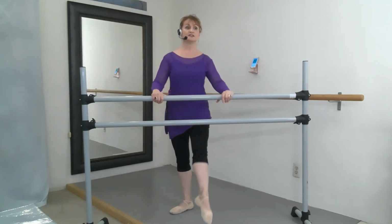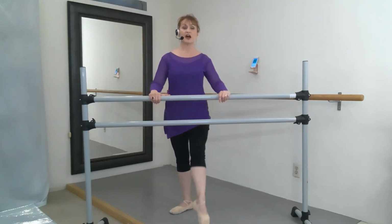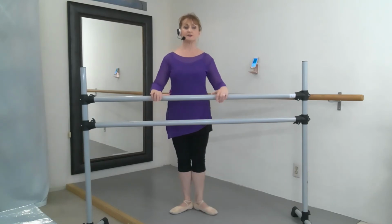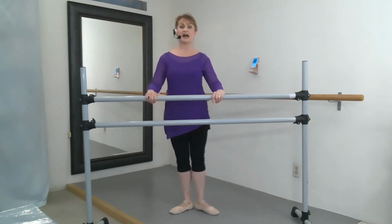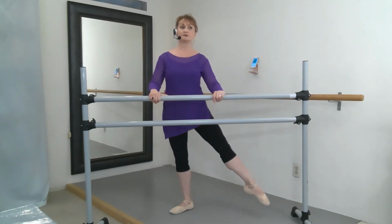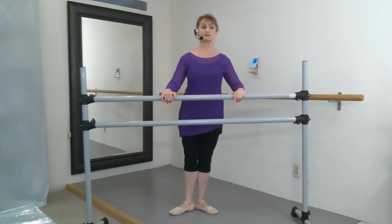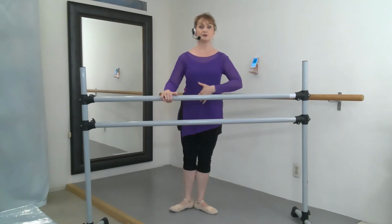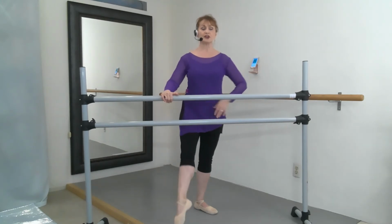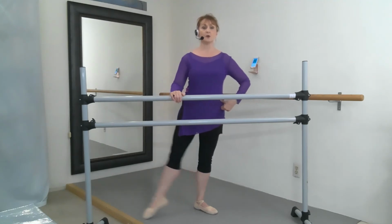And front, and first, and back, and first, and front, and first, and back, and first. Now side, side, and first. Stay up, and close, out, and close, out, and close. Other side, front, first. Each time you stand on 2 feet, shift 2 feet, shift 2 feet, and 1 foot,